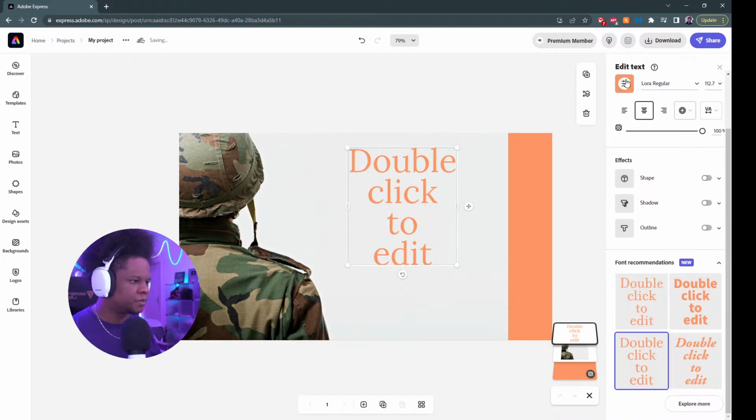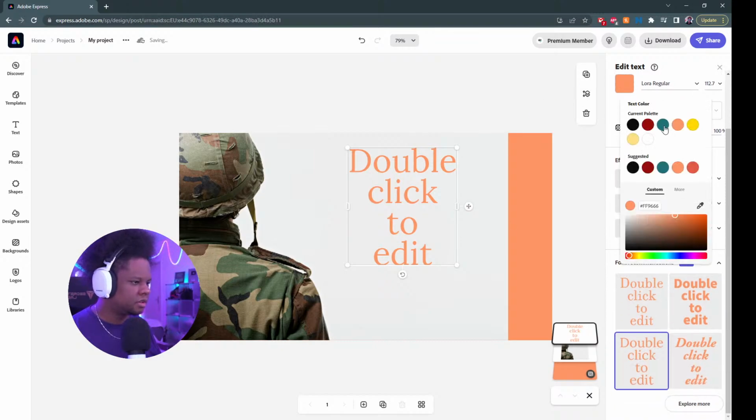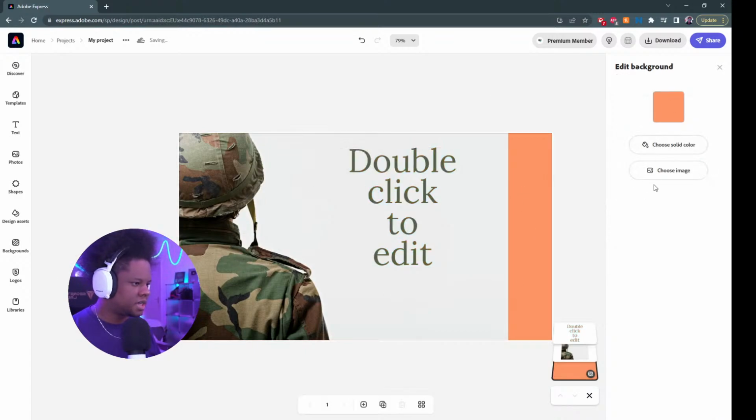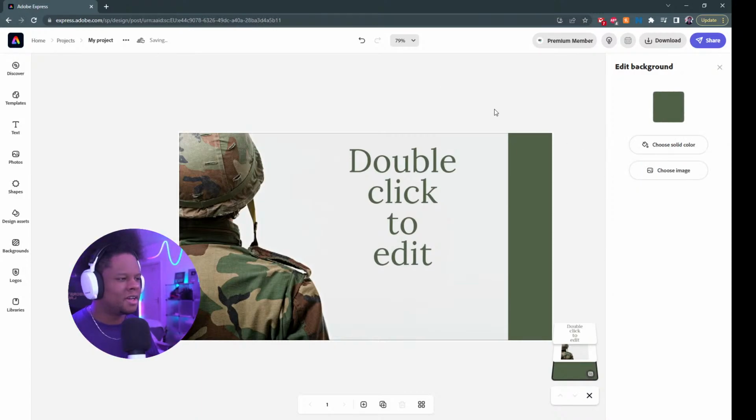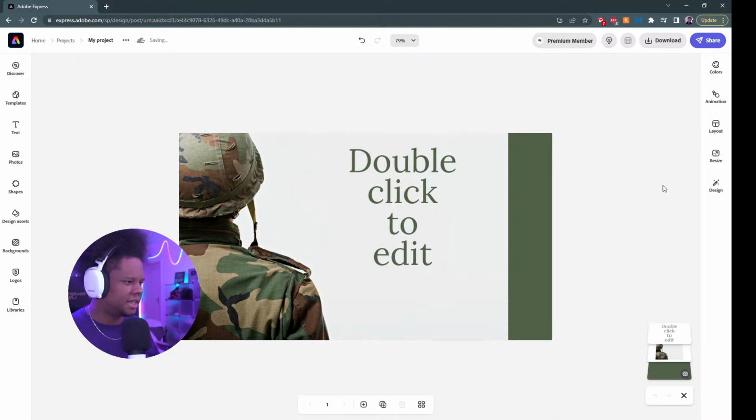What else? Actually, let me change. I can color pick here, for example. If I want one of the colors for the background, I'm going to do the same thing. Actually, it adds that color automatically. When you pick a color, it adds it automatically to the color palette. So you can go back to it and make sure that you're not putting different shades of that one color that you really want. So,